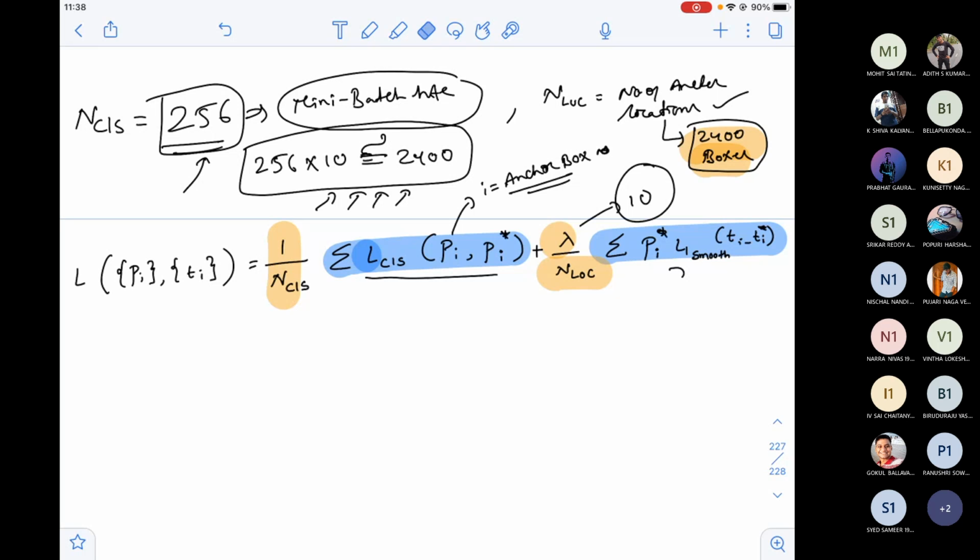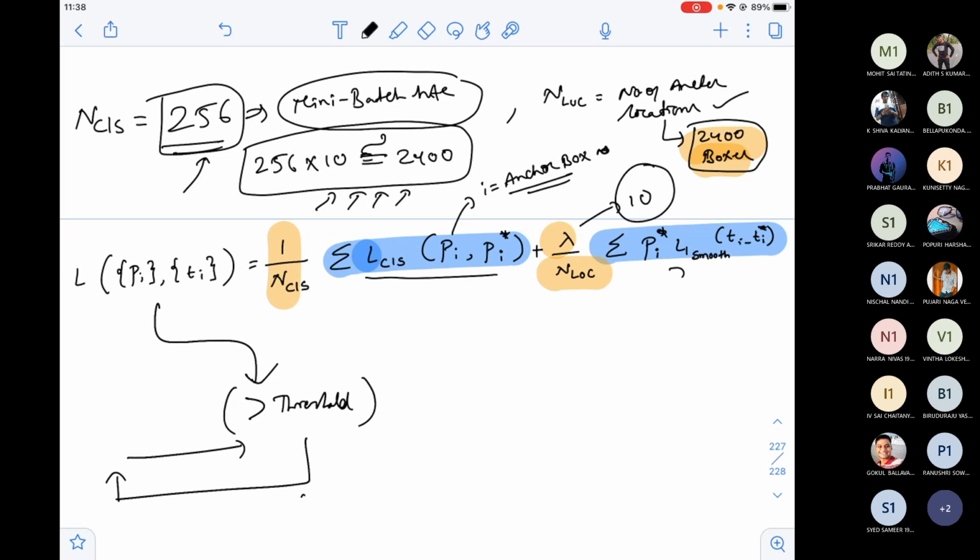So this is the loss function that we use for RCNN based models. Once I have the loss, if this loss is greater than some threshold value, which is not small, then you start backpropagating and update the weights. Again, forward propagate, backward propagate, epochs, till the time that you have correct classification and correct regression coordinates. You repeat the process.